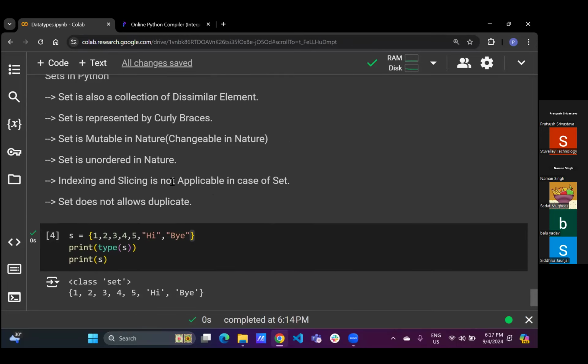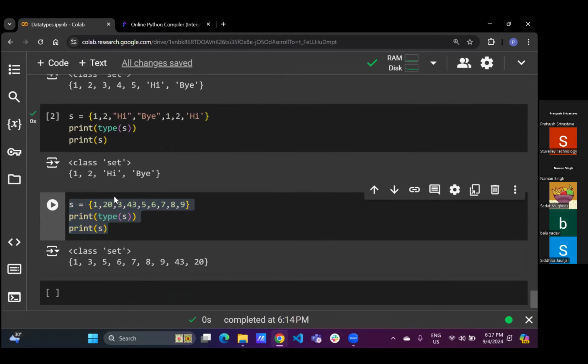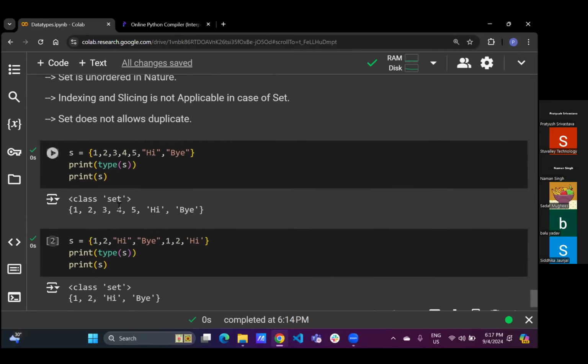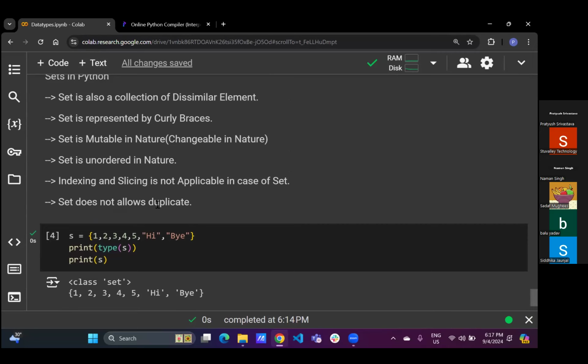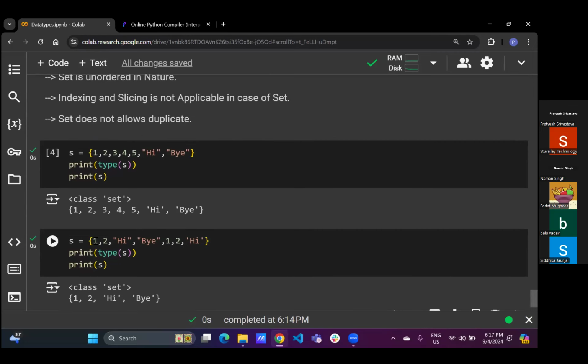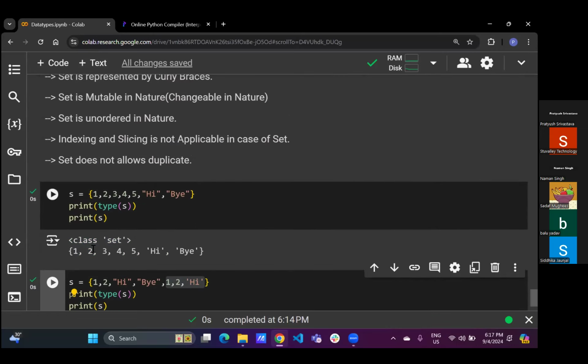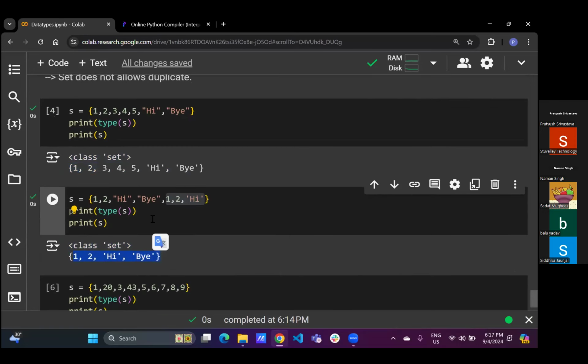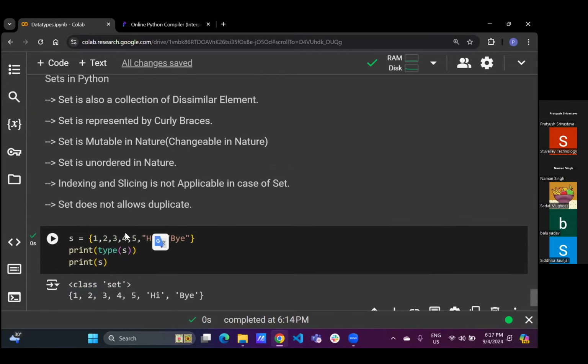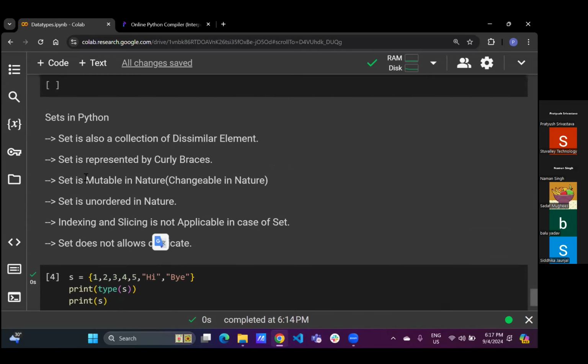Then indexing and slicing is not applicable. That means if you cannot specify the position, how can you perform indexing? We can't perform indexing if we don't know at which position your element is present. And set does not allow duplicates. That I have shown you. If you are giving duplicate elements, all the duplicate elements will be removed. Only unique elements will be there. So this is your unique elements which are present. That is it. Now, in these definitions, if any doubt is there, please